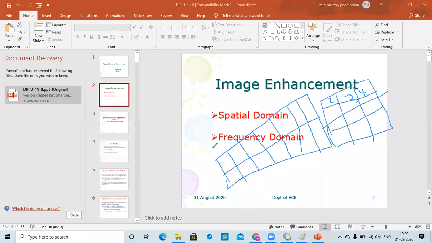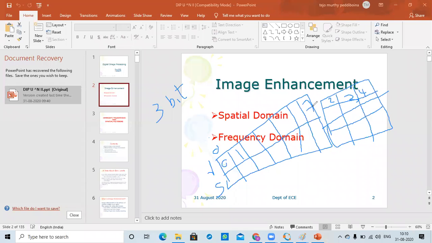Let us suppose this is only a 3-bit ADC. 3-bit ADC means how many pixels are possible? Totally 8 pixels are possible. Let us suppose that starts from 0. This is my R. R is the input value, and S is the mapping output value. This is 0 and 1 up to 7, for example.